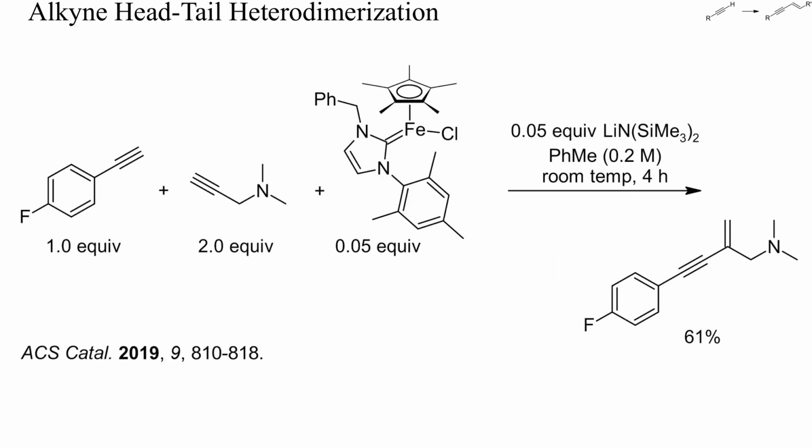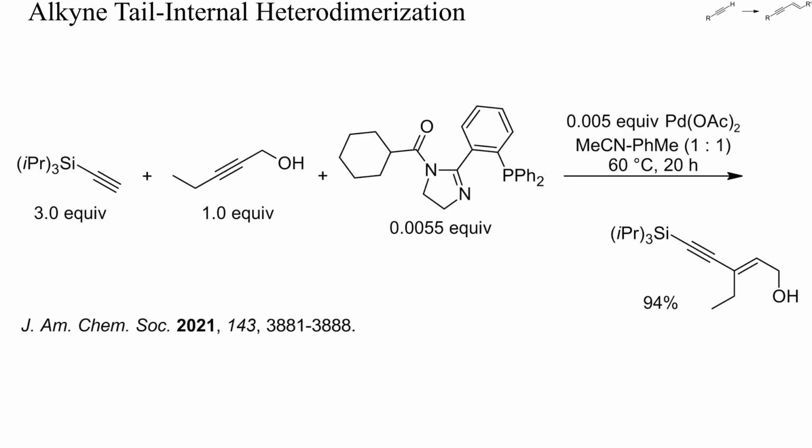Here, an excess of propargylamine was used, and a head-tail heterodimer resulted as main product. Thus, the predictability of these reactions is limited, and the correct identification of the products can also be difficult. Terminal alkynes can also be vinylated by addition to internal alkynes, as in this example. The propargylic alcohol reacted with high regioselectivity. Again, to improve the yield, a large excess of one of the two coupling partners had to be used, and large quantities of homodimers of the terminal alkyne were probably also formed.